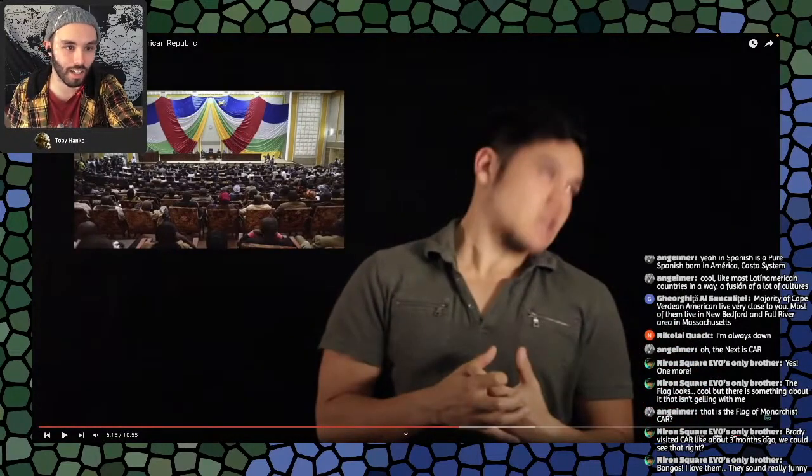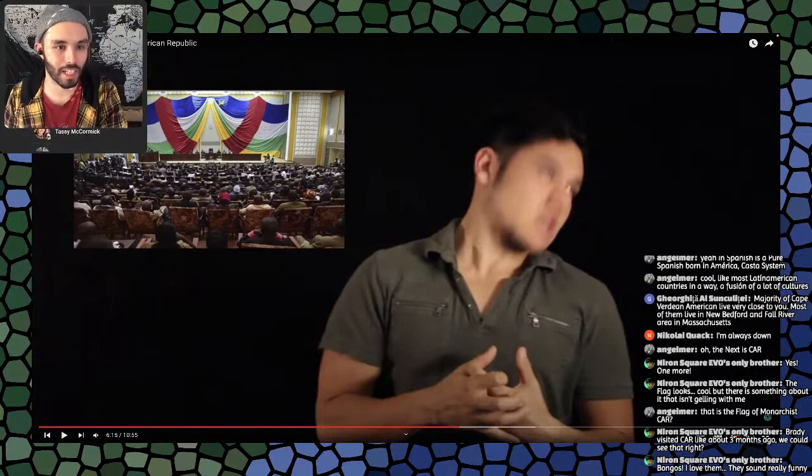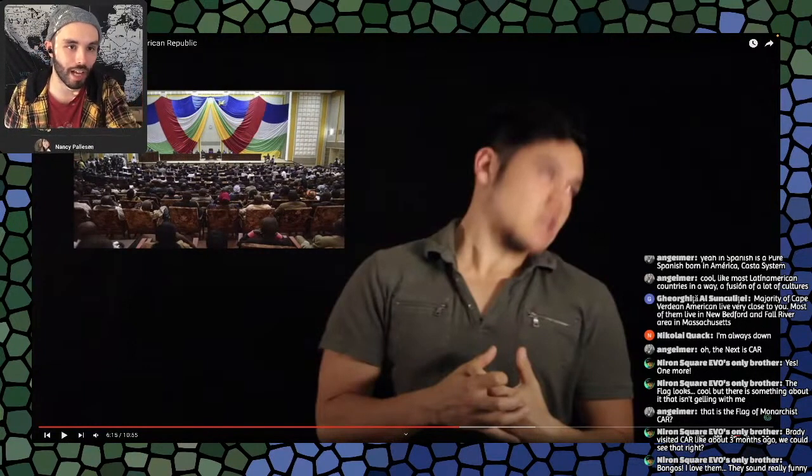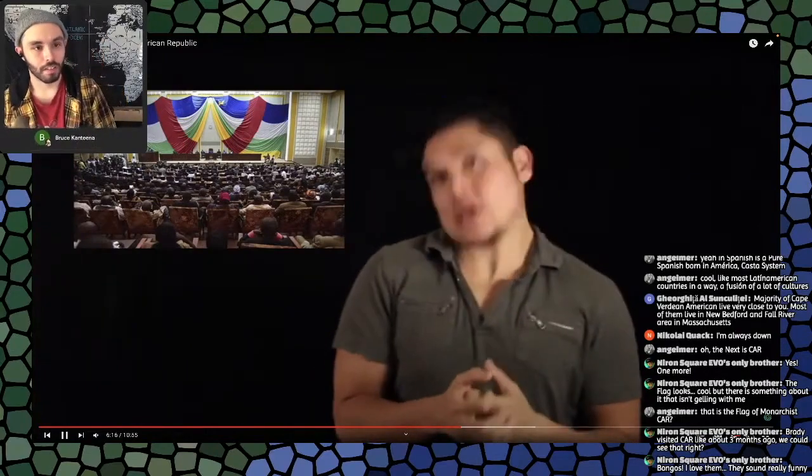The little curtain thing, that actually looks really cool when it's made from a split version of the nation's flag. Like it's not even split, it's just two flags. I kind of wish the one on the right was inverted, but I get it. I think that looks actually really cool. Discuss more about that in